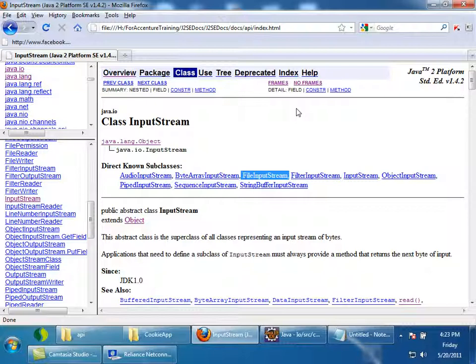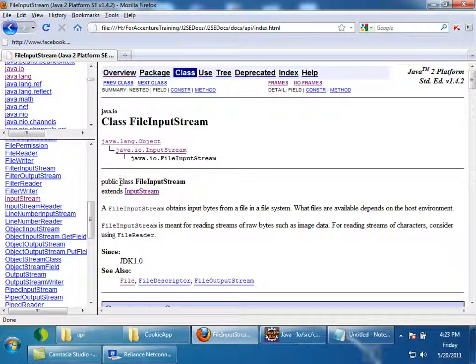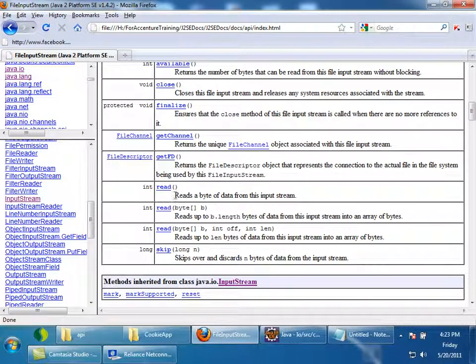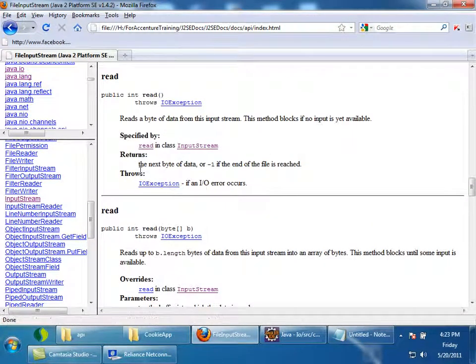So let us see if I can create an object of FileInputStream. FileInputStream, is it abstract? No. Okay, I will be able to create an object of FileInputStream. And as it is extending InputStream, do you think that there is a read method here? Yes, there is a read method which is same, reads next byte of data, or -1 if the end of